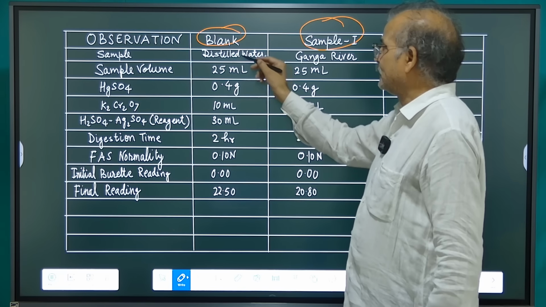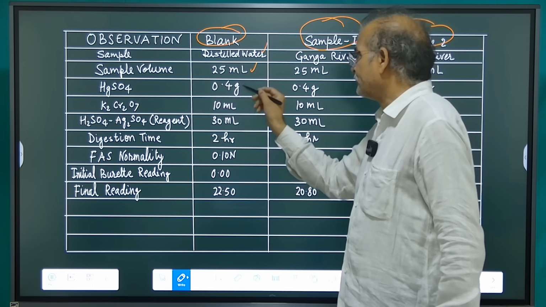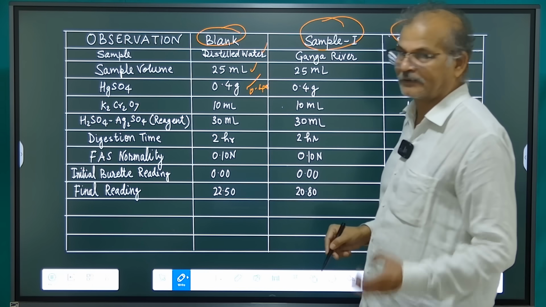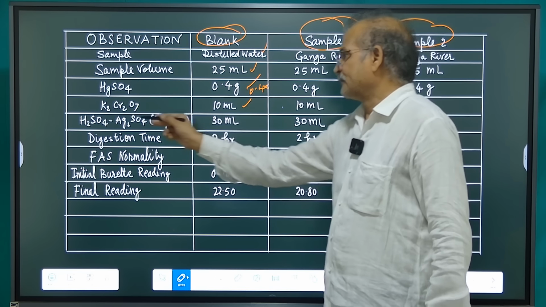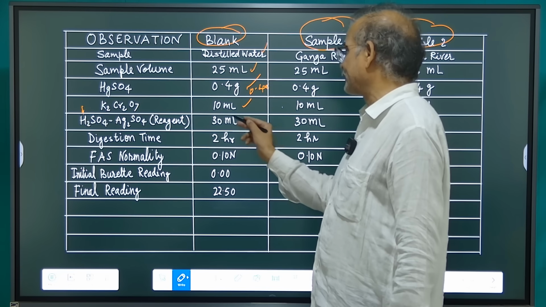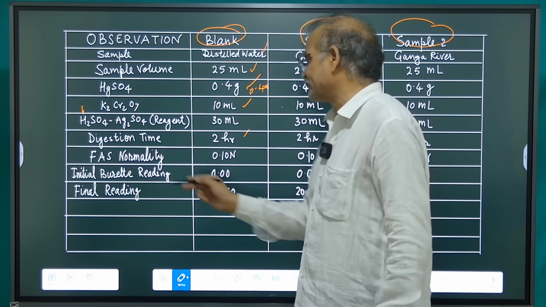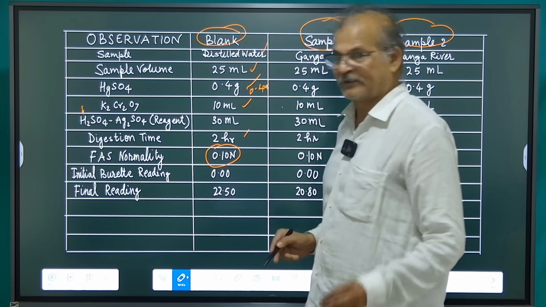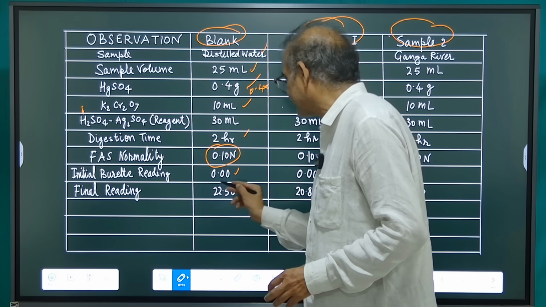So in this, we have taken distilled water as the blank sample. Sample volume was 25 ml. Mercuric sulfate was 0.4 gram or 0.48 gram; we can take depending upon the requirement. Then K2Cr2O7 potassium dichromate 10 ml. Sulfuric acid and silver sulfate solution reagent 30 ml. Digestion time we kept heating 2 hours. Then ferrous ammonium sulfate of 0.10 normal solution we have taken. Initial burette reading 0.0 and the final burette reading we received for this was